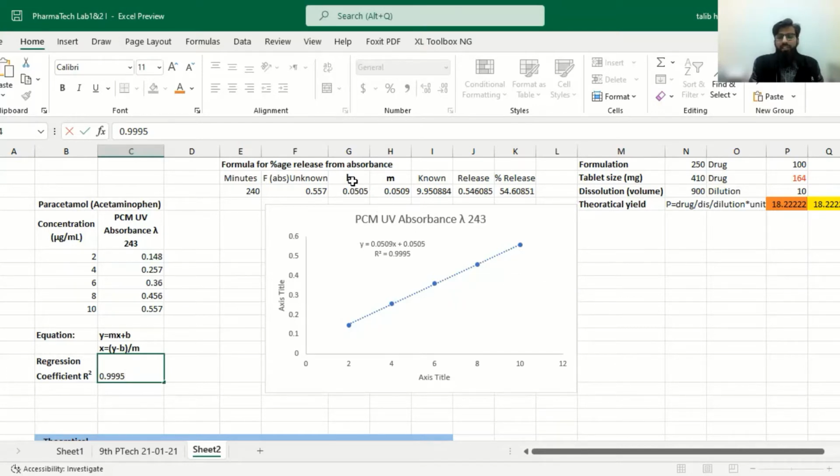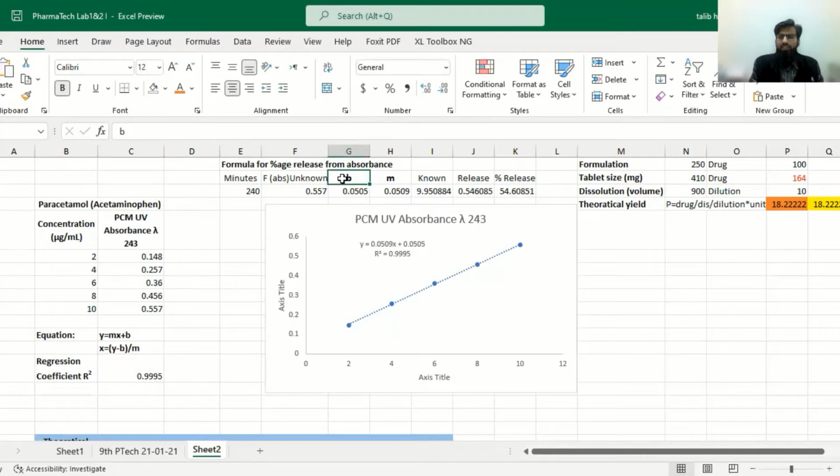Here we have written B and M value. B was the intercept on y-axis, so B value is plus 0.0505. It could be minus also, so we have to write minus against that. It is written in different cells. In one cell, we have written B as a single alphabet and M as a single alphabet. And in another cell, under the B, we have written the value of B, and under the M, we have written value of M, because we have to select these cells when we will be computing some data from it.